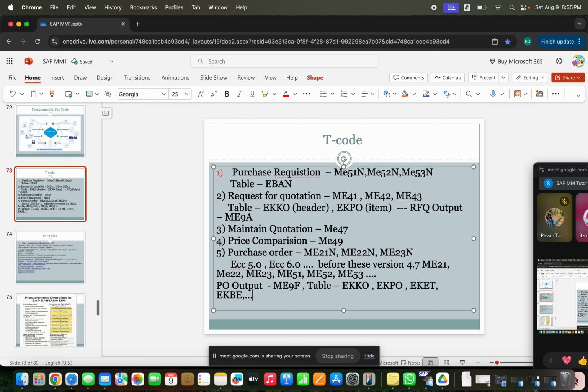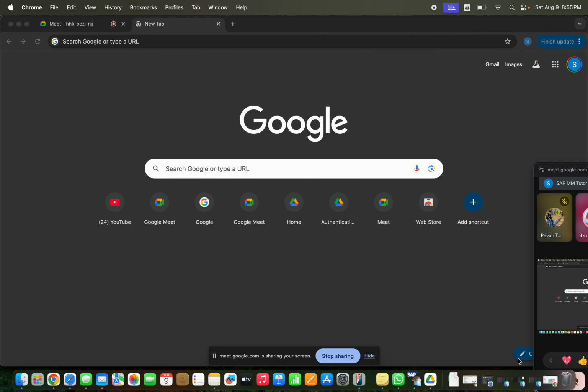So then how can we differentiate the RFQ and the purchase order? By using the table, how can we differentiate whether it is an RFQ, a purchase order, or a contract? So let's see how we can do that. Let's go to